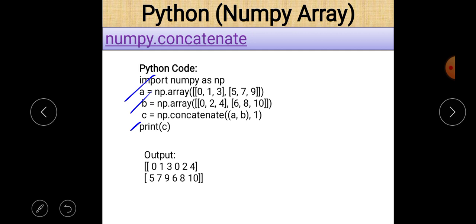So in this question we have to concatenate two arrays, A and B, and both have the same size or same dimension. As you can easily see on the screen, there are two rows and three columns in array A and in array B. Okay, so both have the same size or same dimension. Now in C we just write np.concatenate(A, B). So A comma B means